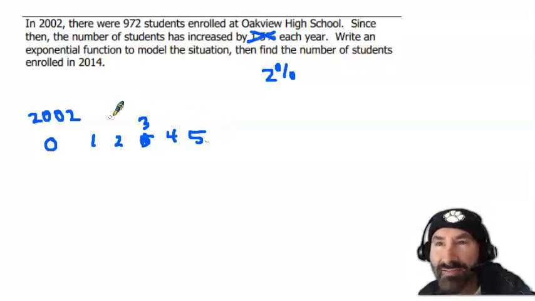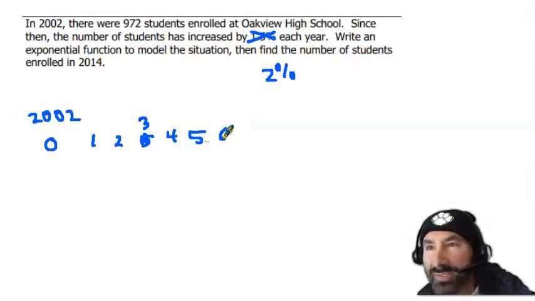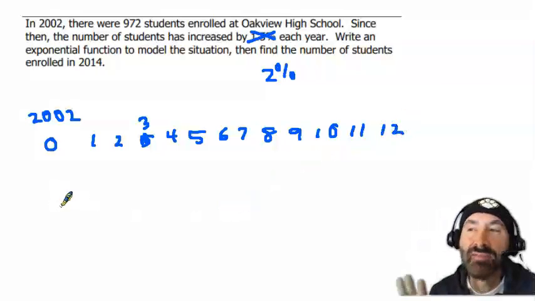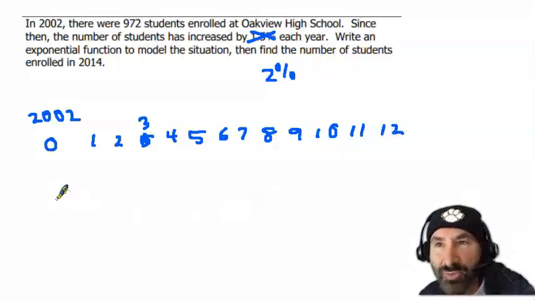That was 2007. Let's see, 2003, 4, 5, 6, 7, 2008, 2009, 2010, 2011, 2012, 2013, 2014. Aha, 12. Okay. I have to tell you from my experience, it's worth making sure that this actually works,